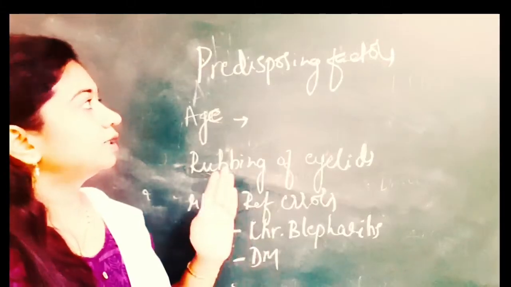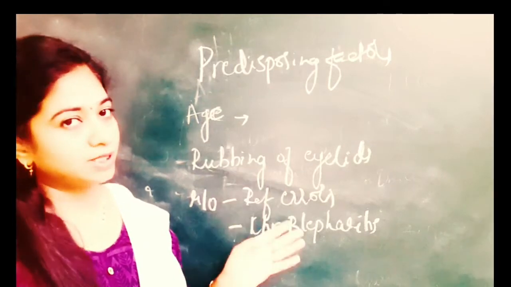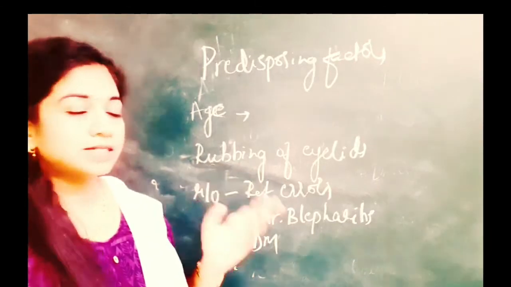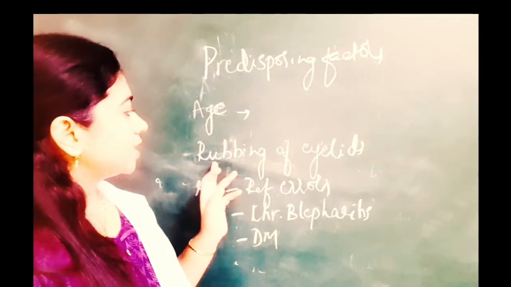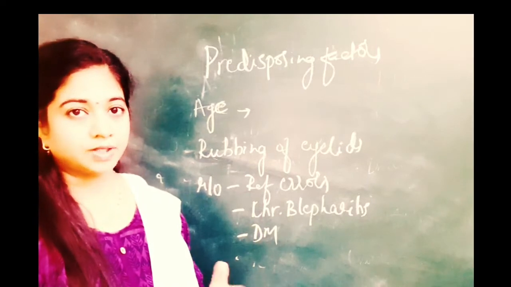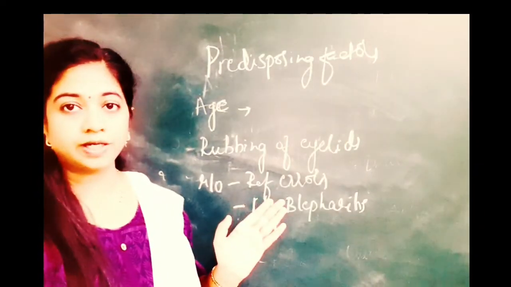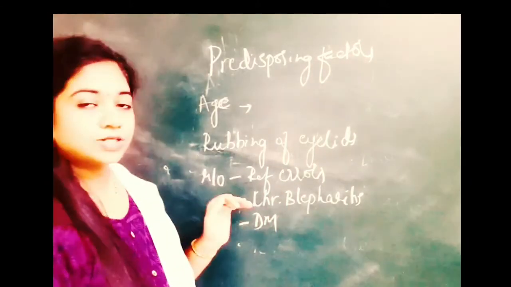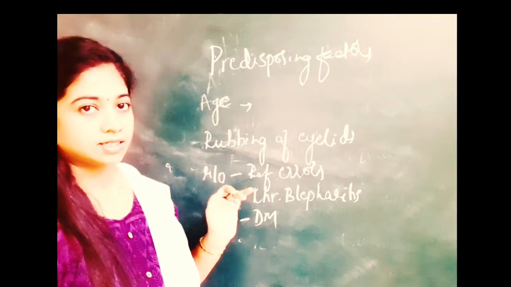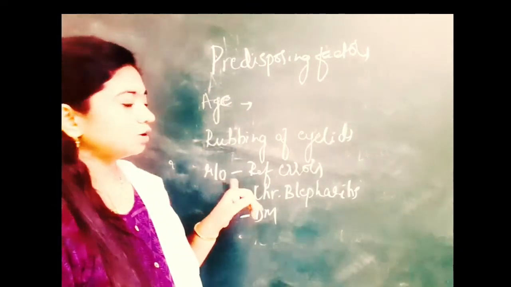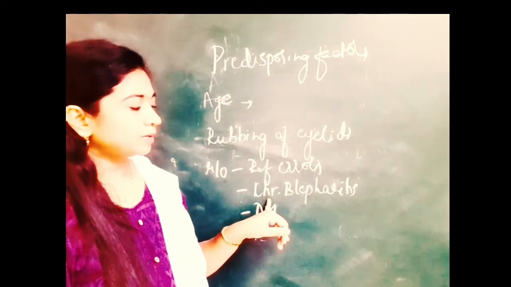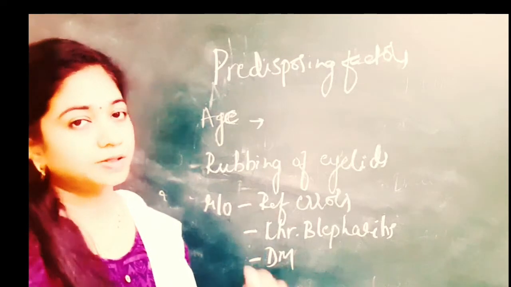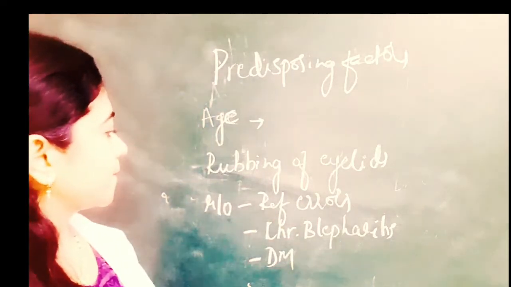Okay. So there are certain predisposing factors for all these conditions. If you consider the age group, it is more common in children and young adults, but still can occur in the old age also. It may be associated with frequent rubbing of the eyelids, which may be secondary to blepharitis or secondary to allergic conjunctivitis. Okay. So if there is a history of recurrent lesions like recurrent chalazion or recurrent external hordeolum, do rule out refractive errors in children, chronic blepharitis and diabetes. Okay. So these can be the predisposing factors for the inflammation of the glands of the eyelids.